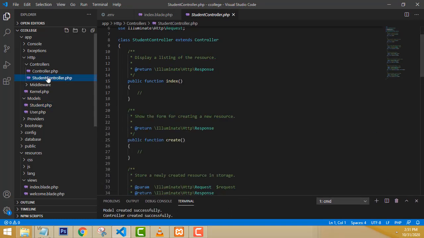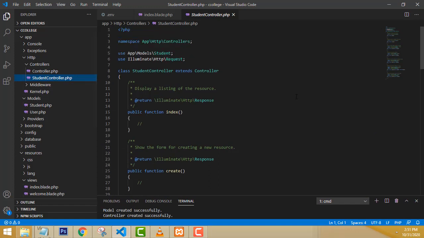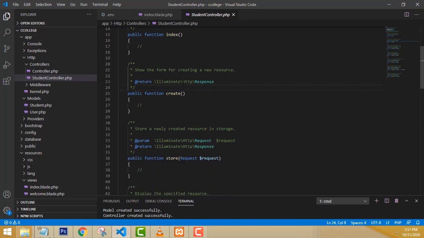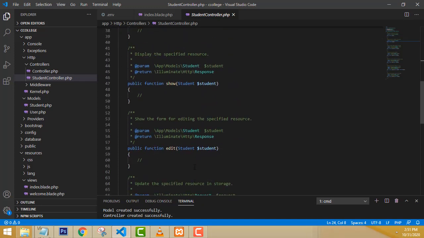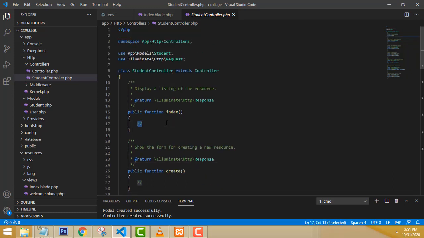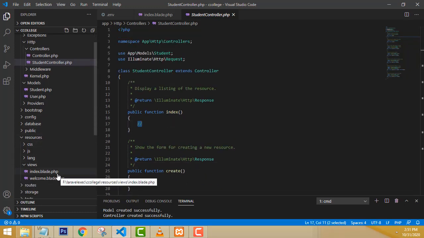If you go to the student controller, you have various methods. The first one is the index action method. The second is create. All these different methods are created automatically. Now first I am going to load the index.blade.php. It is very simple.